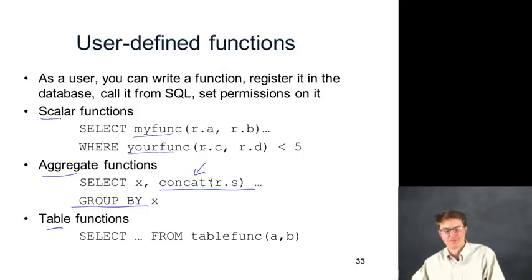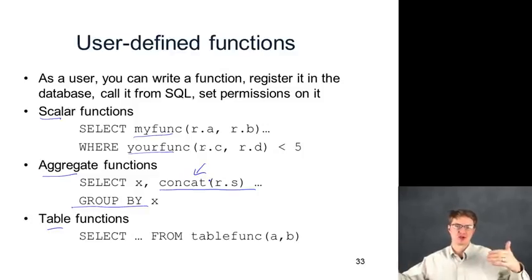If you have a table of identifiers and words, and you want to concatenate all the words together to make one long string, that's not always available built in, but it's a very natural thing to want to do, right? I've got a set of small strings, and I want to create one long string. Well, concatenation is something that's very easy to do in most programming languages, and that's how you would express it in SQL. You would do a group by, right? You say,